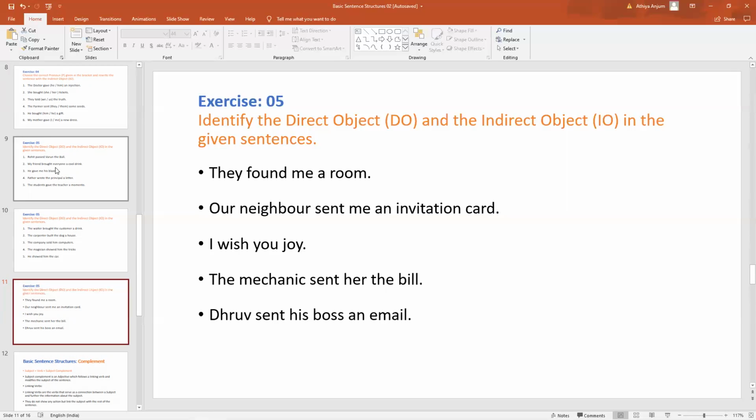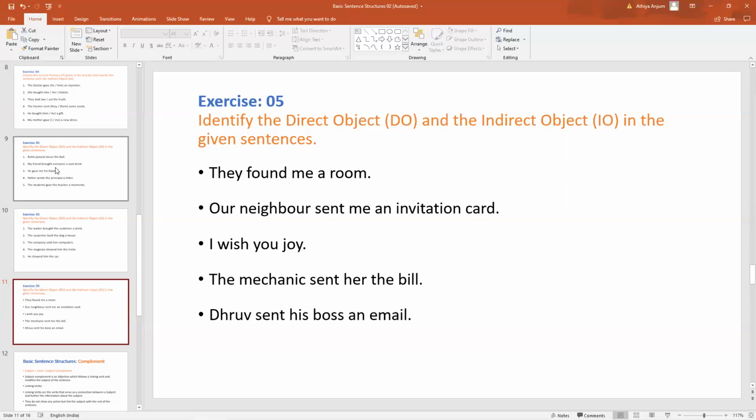Then you need to know the verb, whether it is an action verb or a linking verb that is helping. You have auxiliary helping verbs. You have to be thorough with your verbs. And then you have to find out whether the verb is a transitive verb or an intransitive verb. Remember, transitive verbs are always followed by an object. Object comes after the verb. Intransitive, no object after the verb. So you should be able to identify all those things, right?